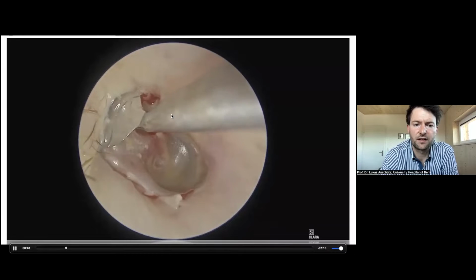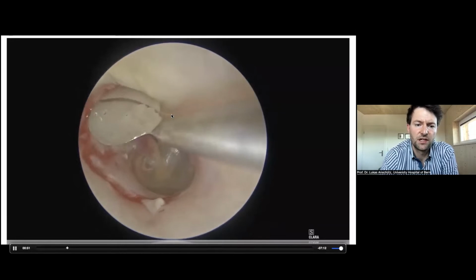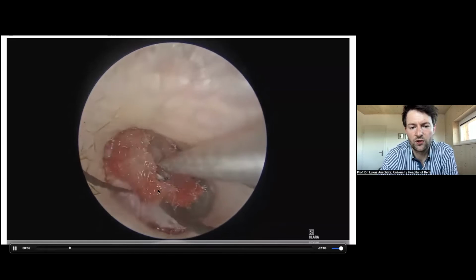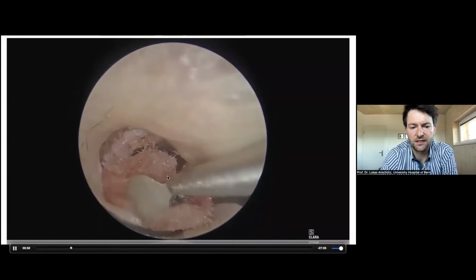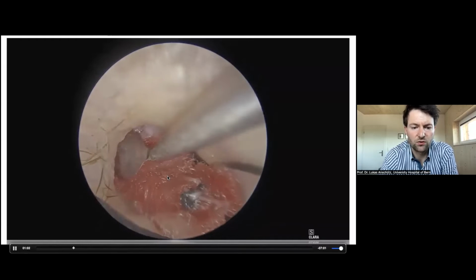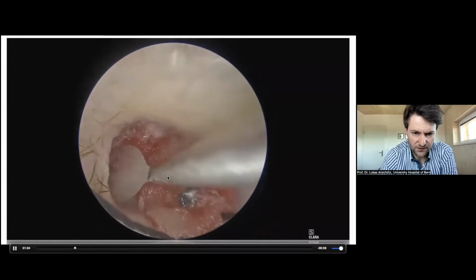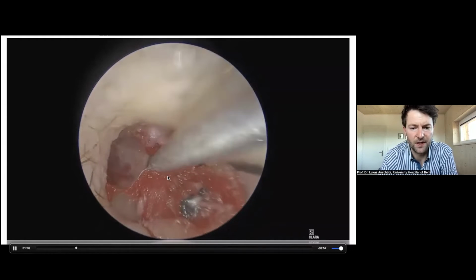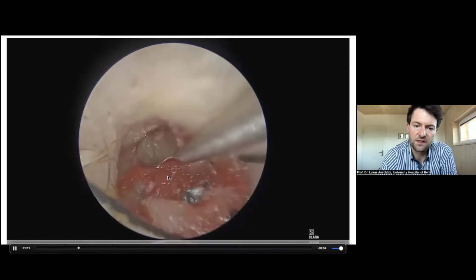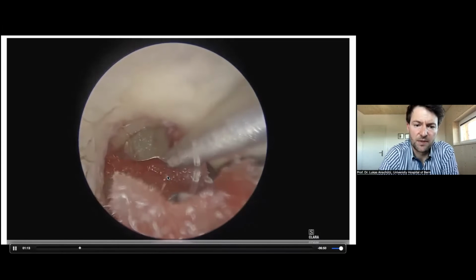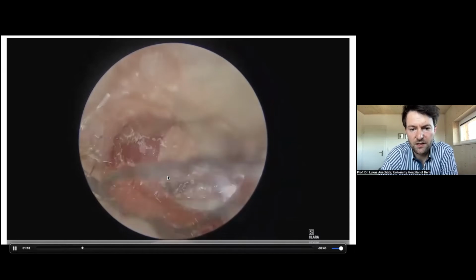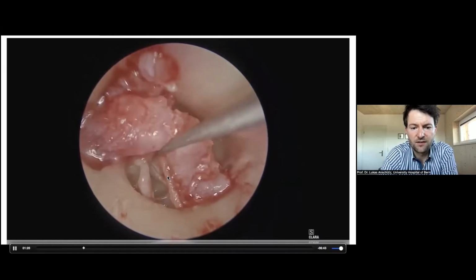And then with very regular cold instruments, you do the incision of the skin. And here also for the control of the bleeding, this is a neuropatty, a very small neuropatty, and it is soaked with adrenaline, 1 to 1000. So it's pure adrenaline, and we use it on one hand to dissect. You will see other examples a little bit later. And we also use it for hemostasis and you can see how it nicely develops.